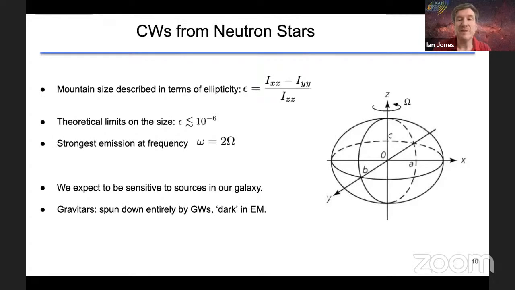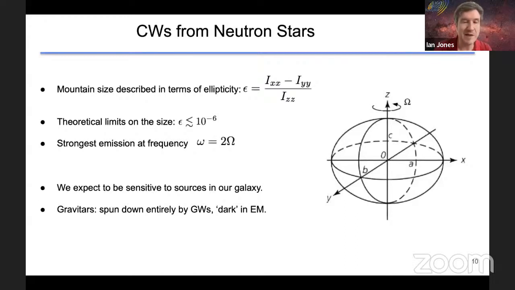And we say that if the star's spinning about the z-axis in this picture, but it's, say, longer along the x-axis than the y-axis, then it's non-axisymmetric. So it would produce gravitational waves. Its gravitational field would vary in time. And we introduce a little dimensionless number epsilon that measures how non-axisymmetric it is. It's basically a measure of how different the components of the moment of inertia tensor are. The moment of inertia tensor is basically just an object that measures how mass is distributed about the x, the y, or the z axes.